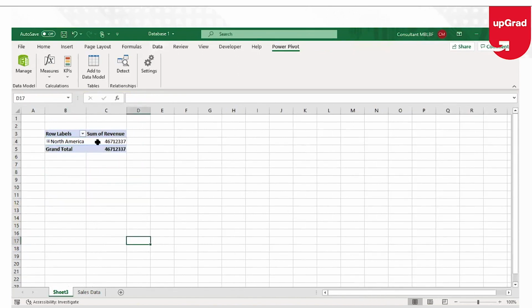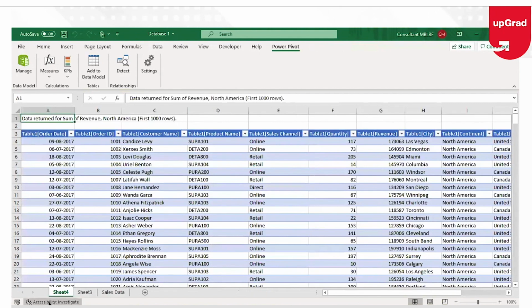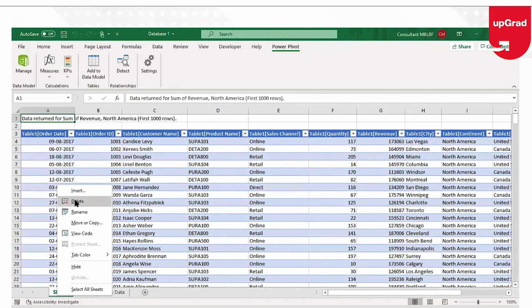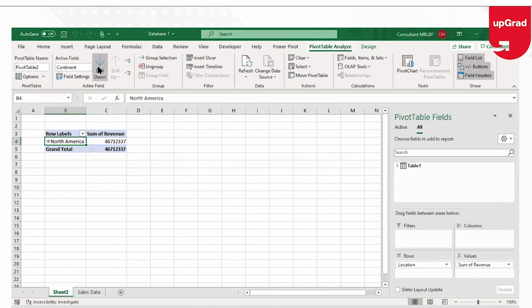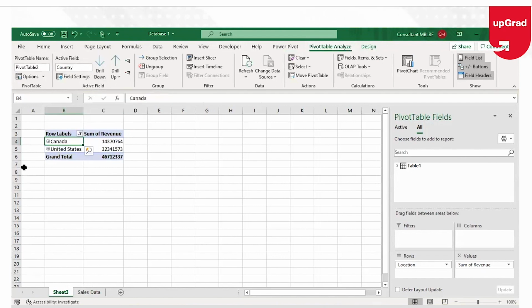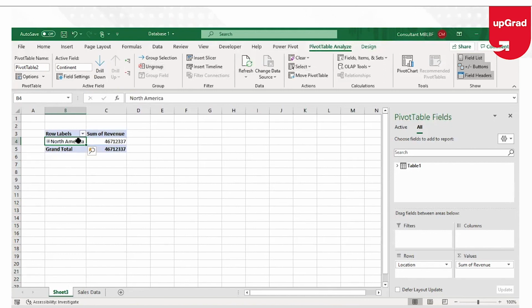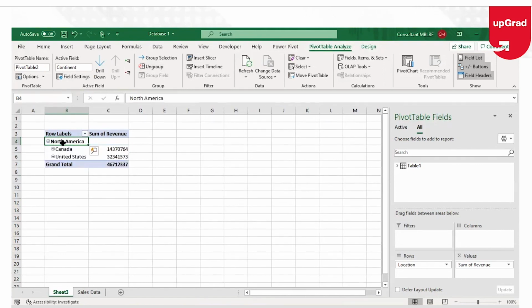What if I do not want to show this data? Sorry. So if I don't, because I double clicked on it, that's showing me the data here. So what if I don't want to see this at all, which is the expanded data? I just want to see the drill down, let's say like this. So you can see that when I click on drill down from the pivot table, so I'll show again. When I go on to this data which I want to drill down, what is drill down? If I click on this, it expands. It shows me North America, it also shows me Canada and USA.